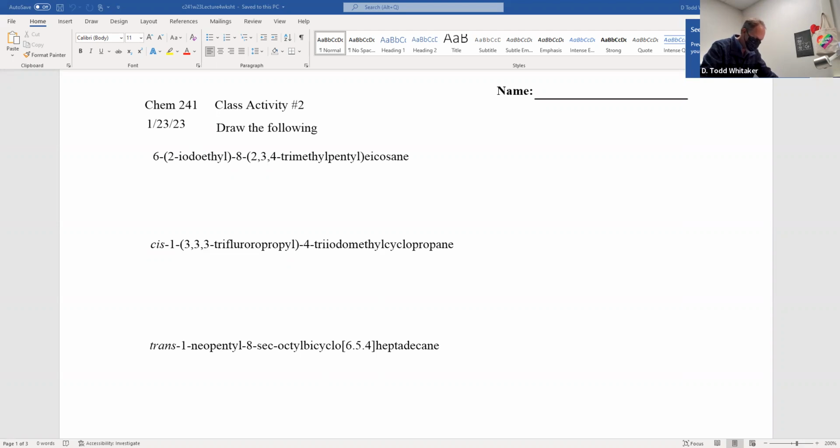2, 4, 6, right there is a group. The group's name is in parentheses. The reason it has to be in parentheses is there's a group on the group. So the number in the parenthesis has nothing to do with icosane. It says on an ethyl group, you put an iodine on carbon number 2 of the group. You already know carbon 1 of the group is the one attached to the chain.